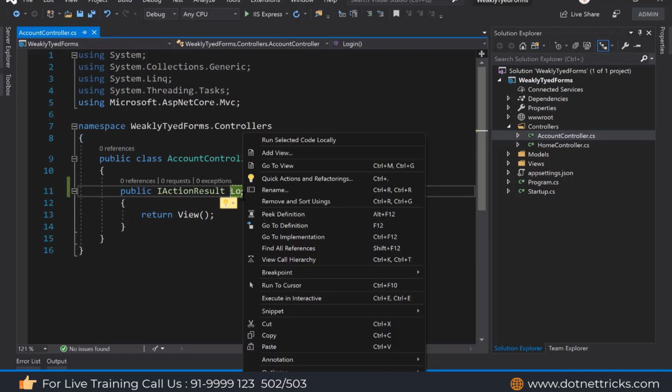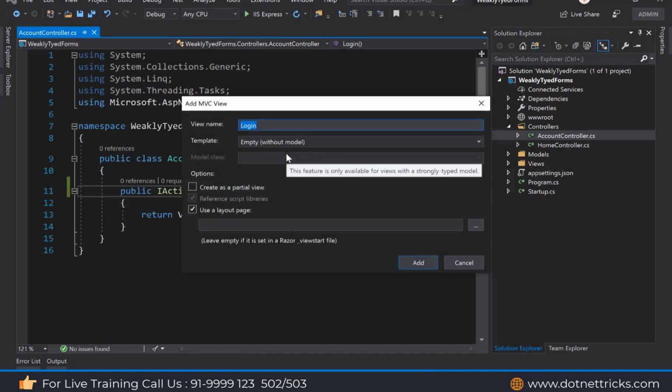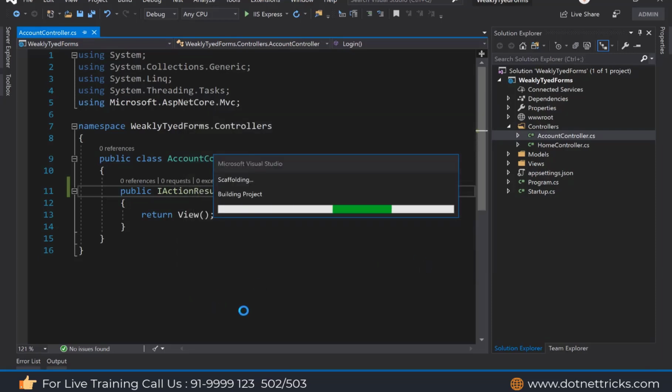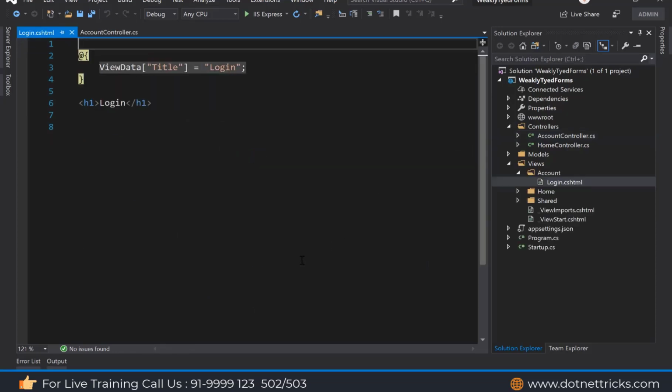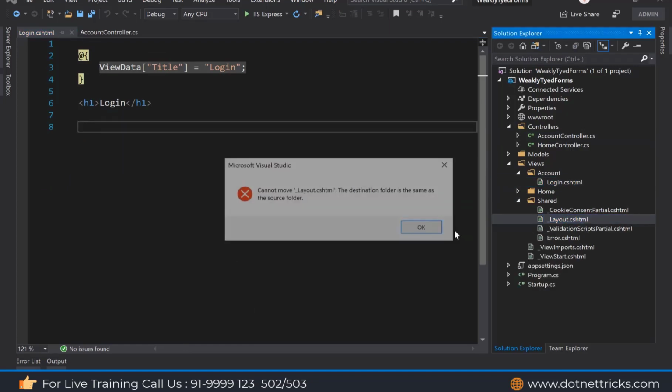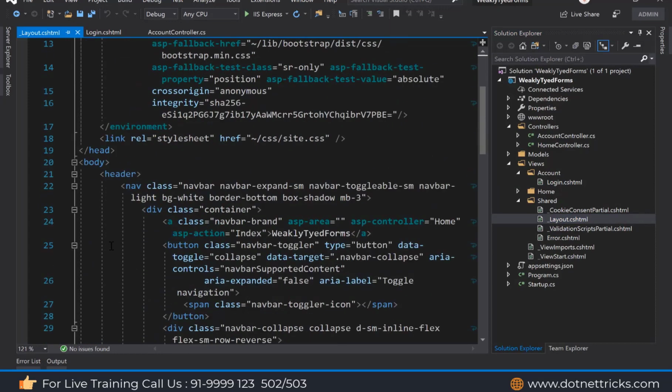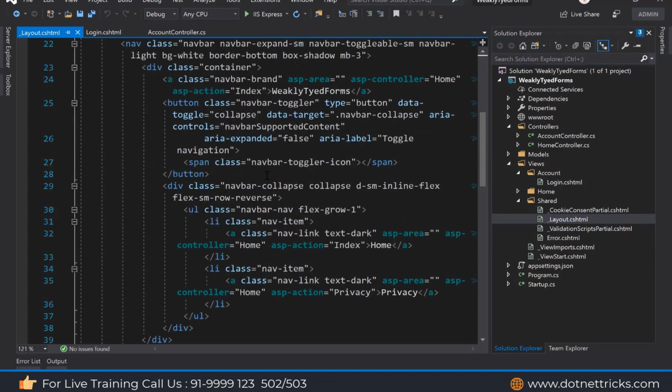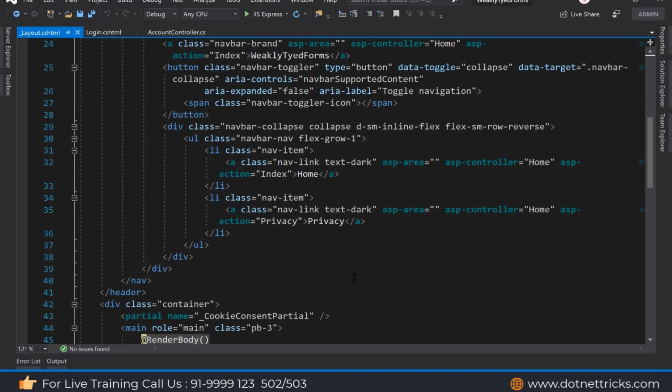So just do right click and here add a view here, and suggesting the view name as login here by default. And I'm just going to start with template as empty, and the layout, what are the layout we have in the views folder. So just click on that button. So by default layout we are choosing here. Again using the scaffolding it is generating the code for us, and here in the shared folder that is underscore layout. This is underscore layout where I can define my link to navigate to this page.